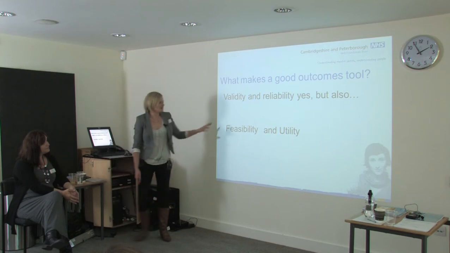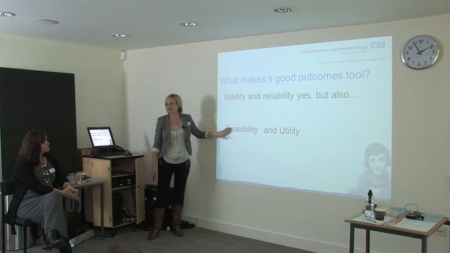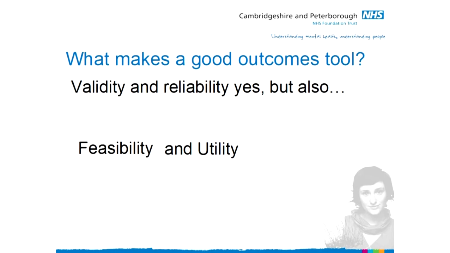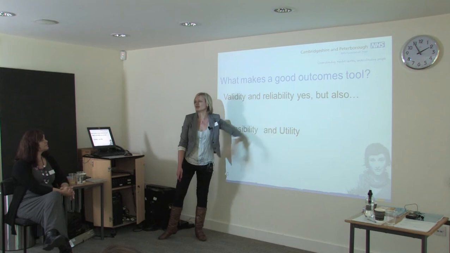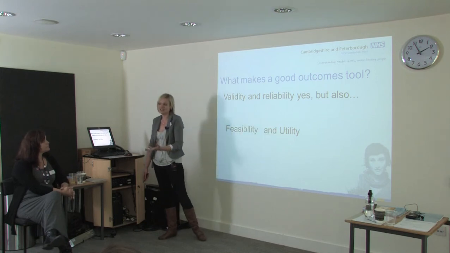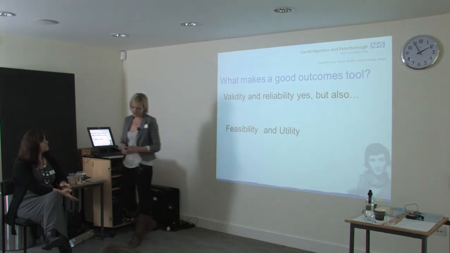To some extent, these are two sides of a seesaw, because the most feasible, practical outcome measure is the one where at the end of treatment you rate out of 10 how well this person is. But of course clinically and for commissioners that's not very useful. The most useful outcome measure is 700 pages long and gives us lots of rich detail, but that's not very practical for clinicians to carry out.